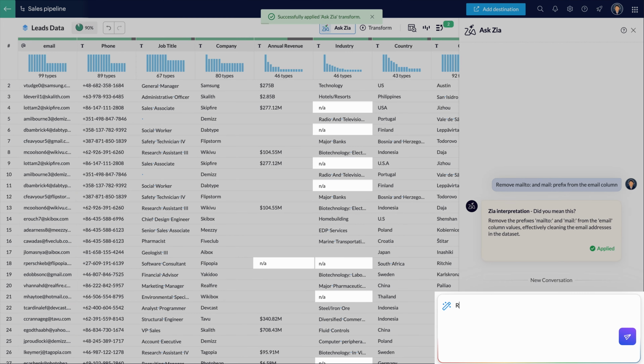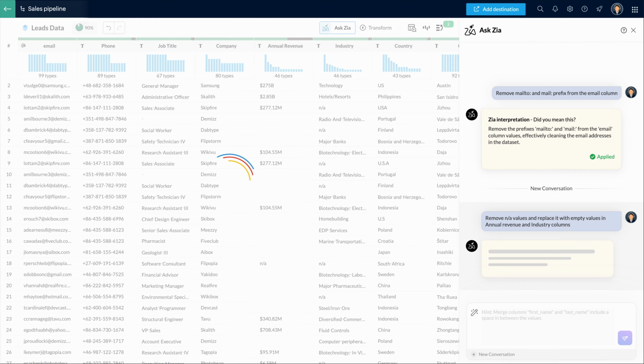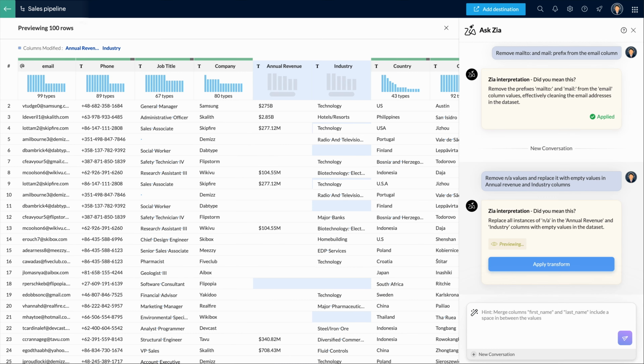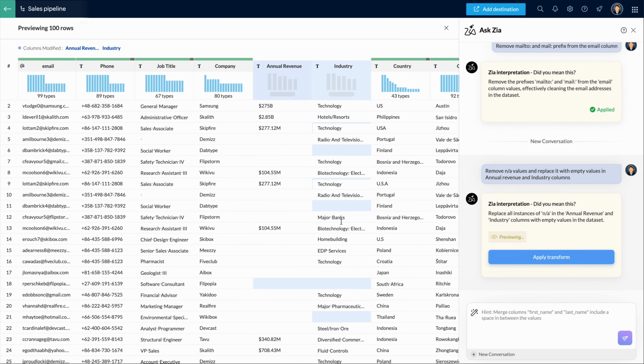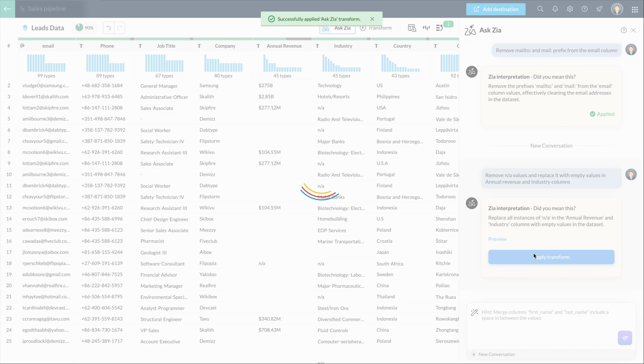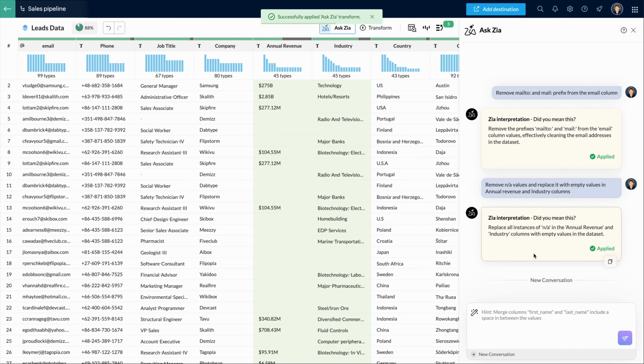Now I want to clean up the annual revenue and industry columns by replacing all the NA values with empty values. The preview looks perfect. Let me apply this change. And that's done. Next, I want the phone number formatting to be cleaner so it doesn't cause problems while importing